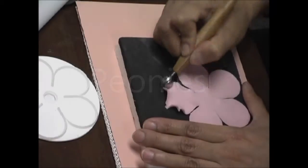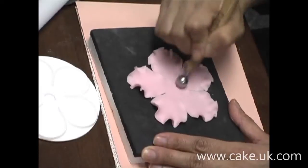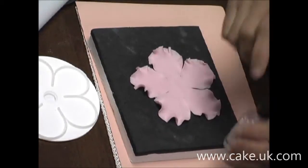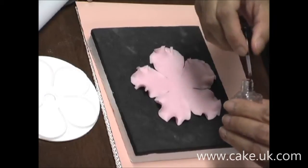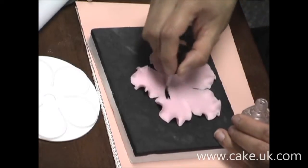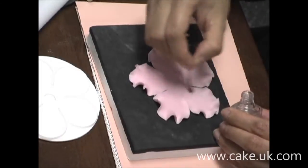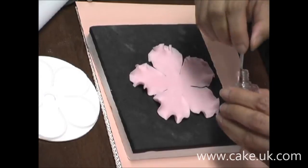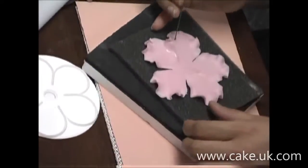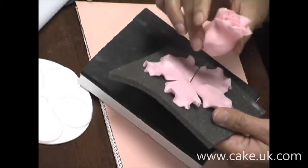I'm just rubbing my ball tool back and forth, back and forth. So when you're satisfied with your petals, I'll take my glue and spread some glue all over the petals. I'll just leave that part where it has movements because I don't want that part to stick on my flower. I'll take the bud that we made earlier and just poke it through,